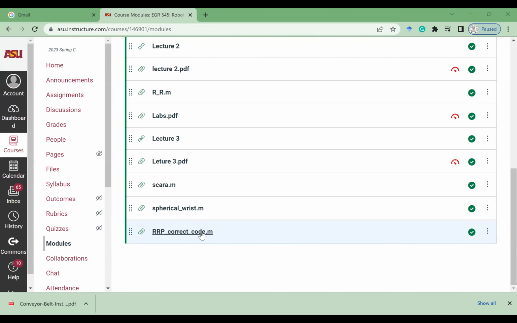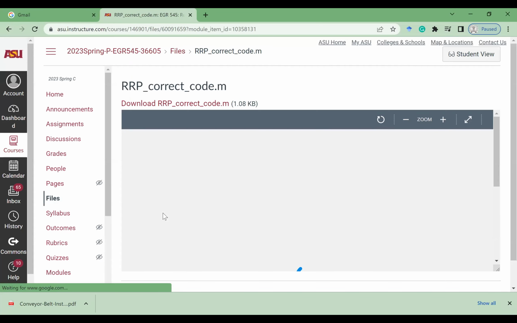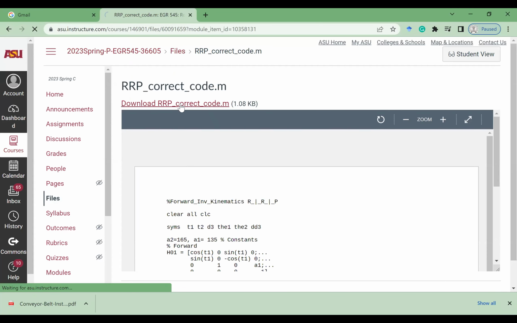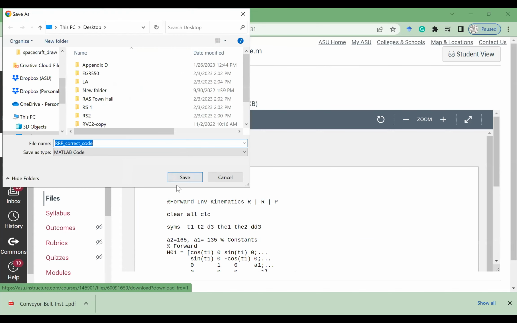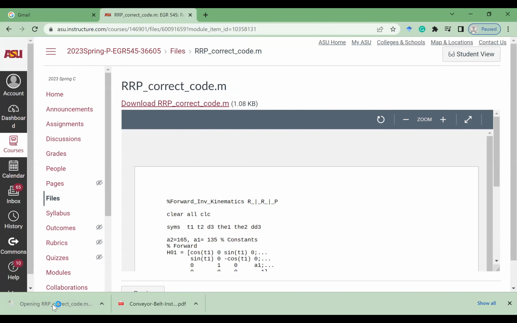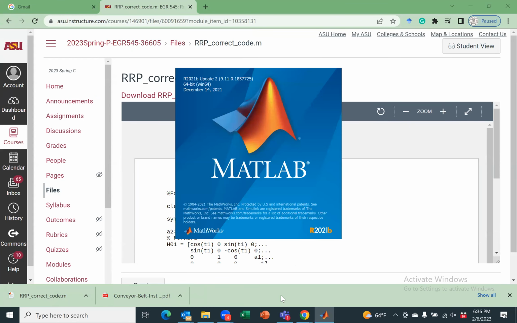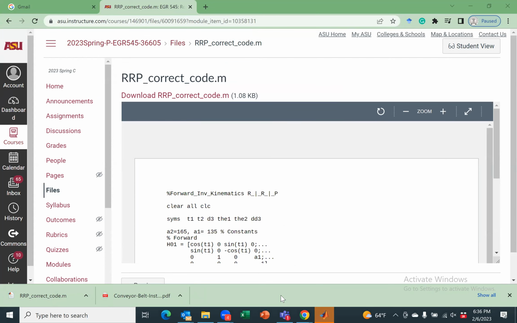And please go to RRP and run this code. Online students, can you see my screen? This is the code. Once you go to MATLAB,